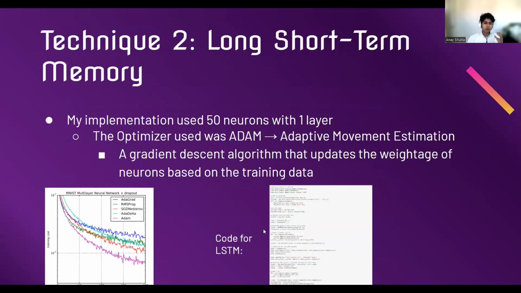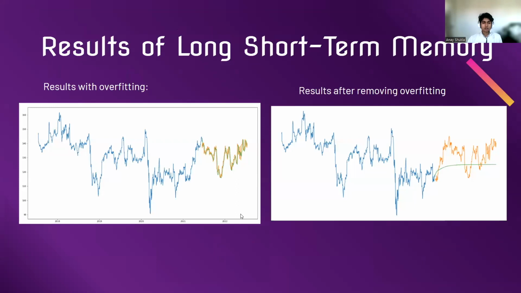The second technique that I used was long short-term memory. The same techniques were used to clean, pre-process, and normalize the data as mentioned before. However, in the implementation, an LSTM with 50 input neurons and one layer was implemented. The optimizer that I used for the LSTM was Adam, or Adaptive Moment Estimation, which is essentially a gradient descent algorithm that updates the weightage of each neuron based on the training data. So here are the results of the long short-term memory